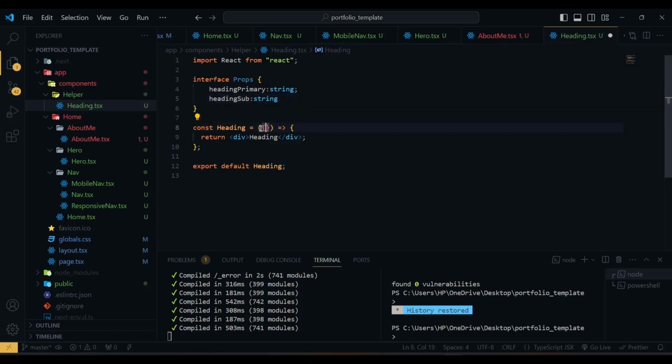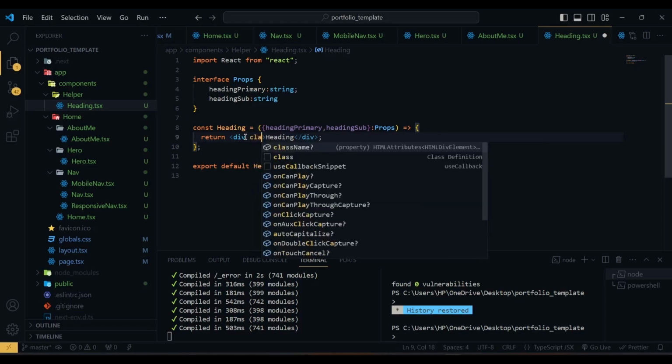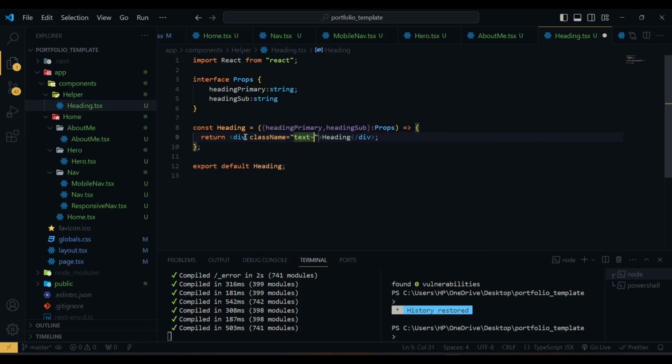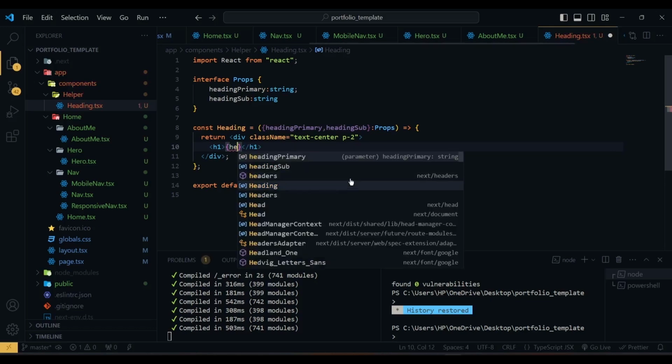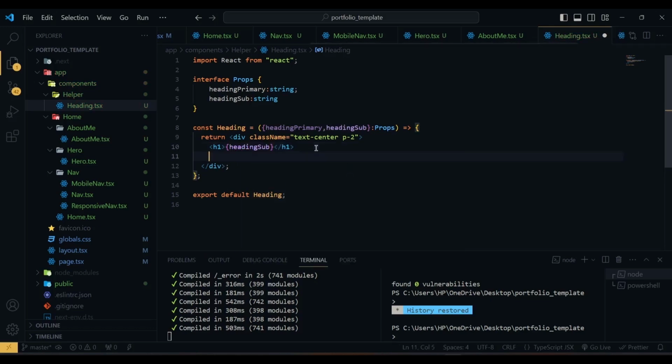Then we are going to pass the props in the heading component, and here we are going to import the heading primary and heading sub. And the first div has a class name of text center and padding of 2. Then inside this div we have an h1 with our heading sub, and then another h1 for our